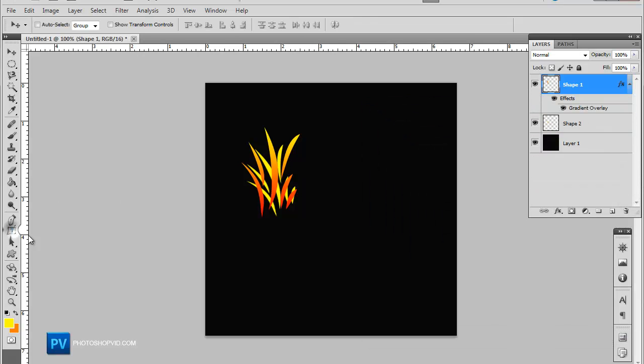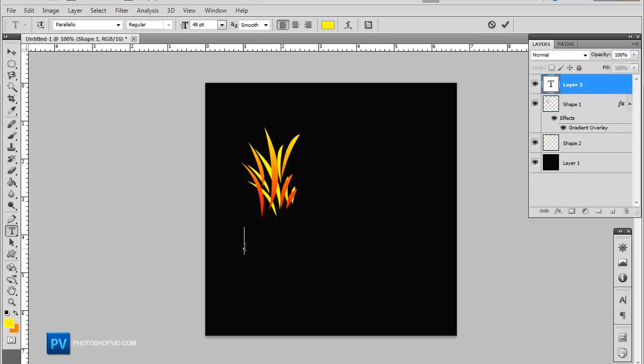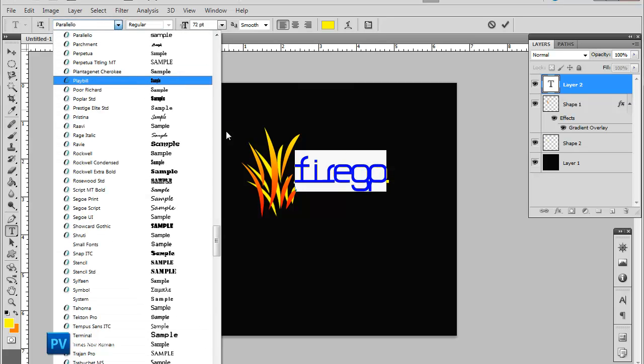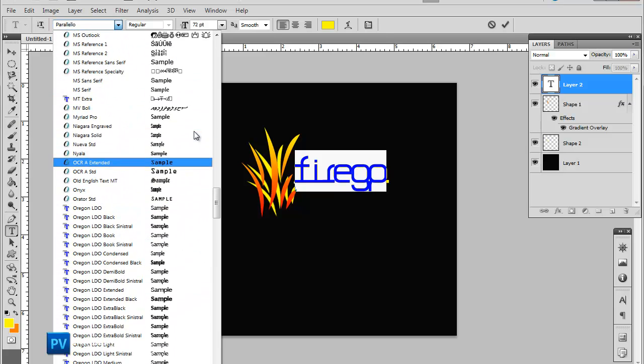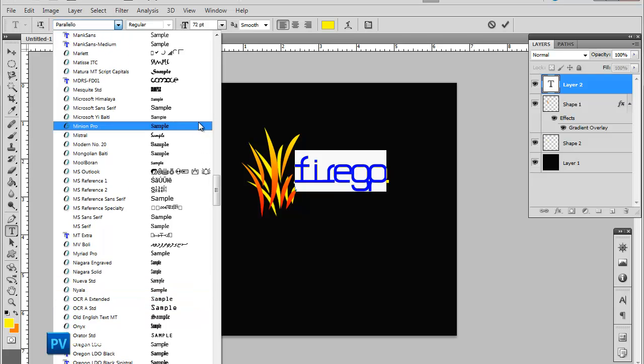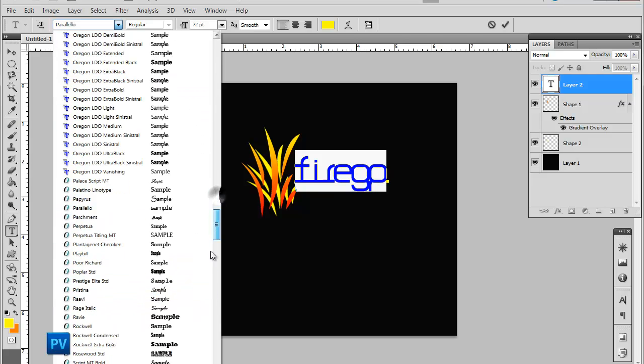Okay, and now you want to grab your text tool. Let's do fire. Okay, make your text a significant size. You can just kind of play around with the different fonts you got. You get some new fonts actually at thefont.com. If you want to go over there, check out the fonts, maybe grab one you want to use for